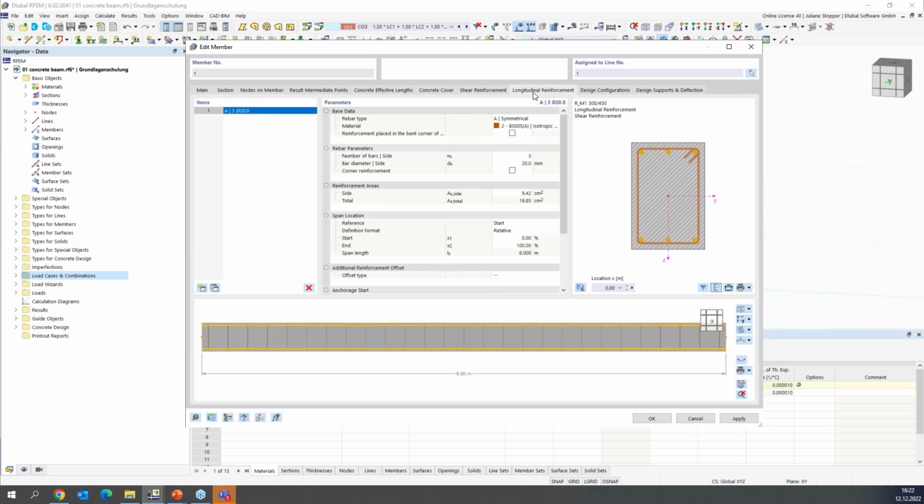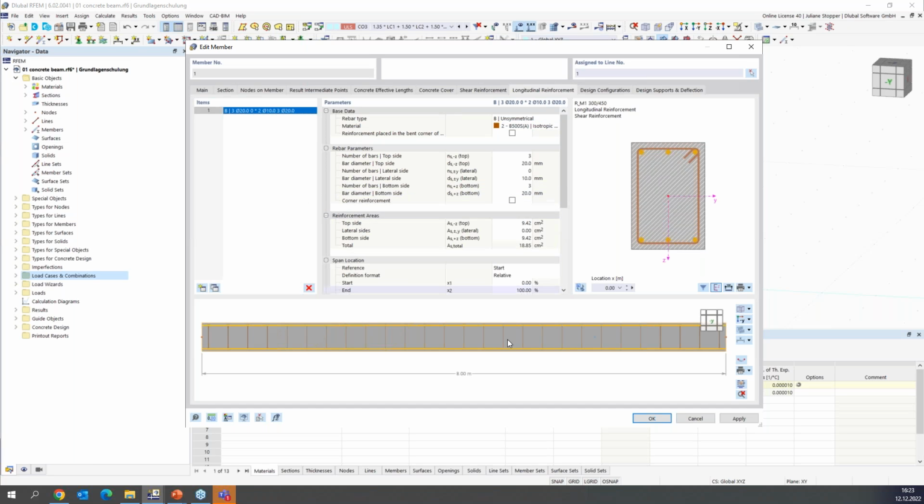We go to longitudinal reinforcement. Here we can also change the rebar type, and here I want to use the unsymmetrical type. This allows me to define different values for bottom and top, which is a good choice for us. Okay,